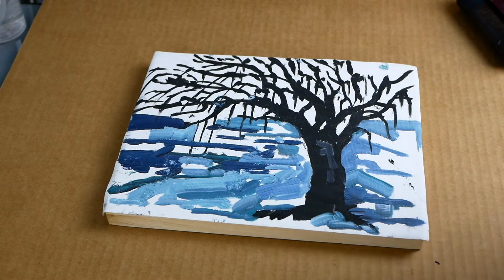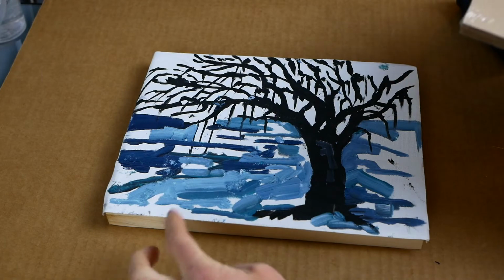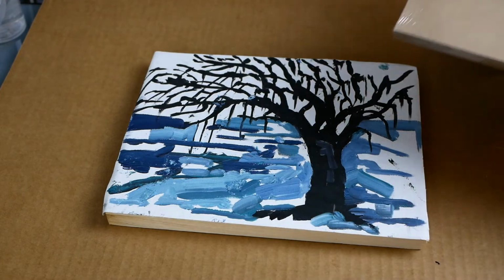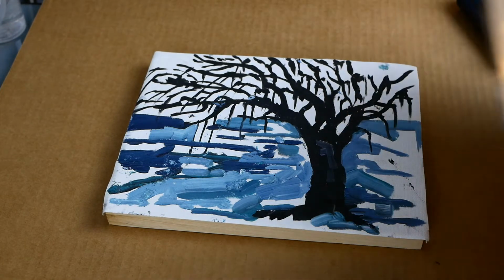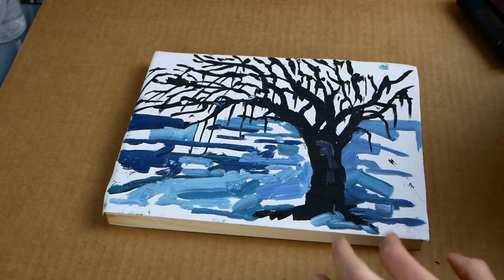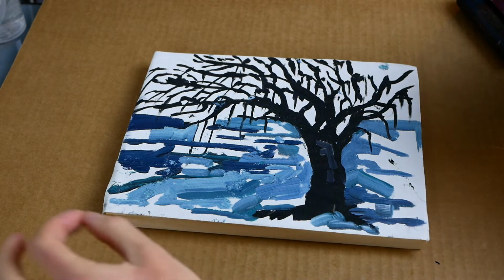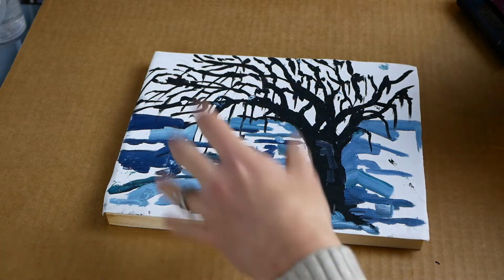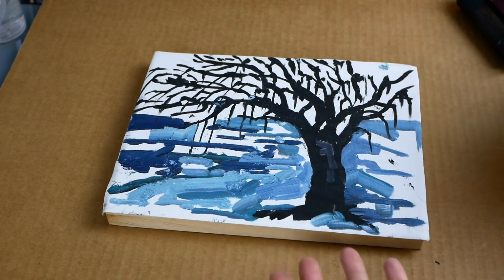Now my flat object for drying is going to be just a larger panel. I like using something that is wrapped in plastic. The reason for that is if any of the mounting glue accidentally gets on top of my canvas, plastic will prevent it from getting stuck. Plastic can be peeled off very easily. If you have raw wood or something like that, sticking may be an issue. If you get a drop of your medium or glue on the outside of the canvas, the wood is going to stick to it, and it's basically going to mount itself to the side of the canvas that you don't want it to be on. And I cover it up